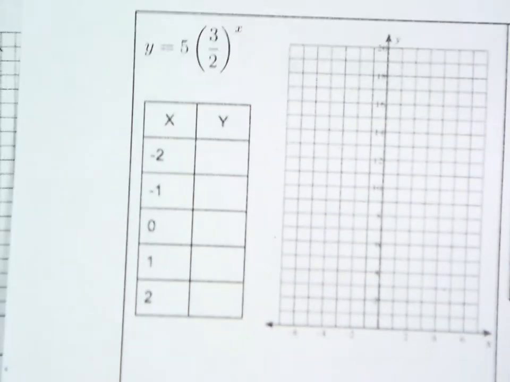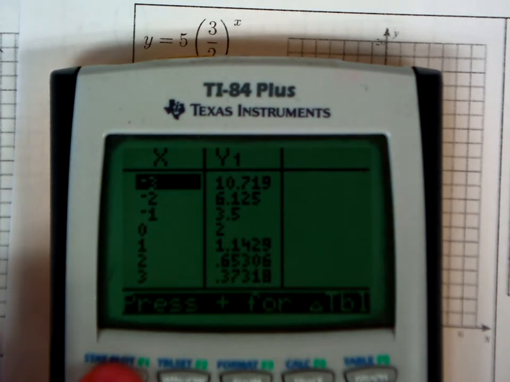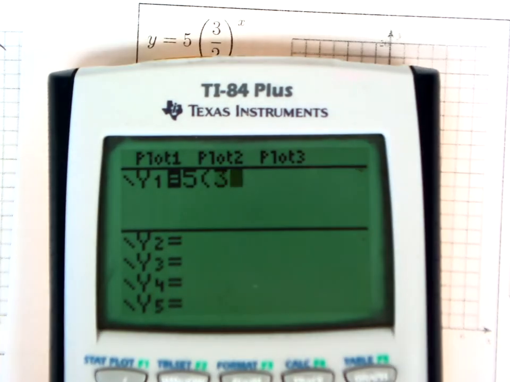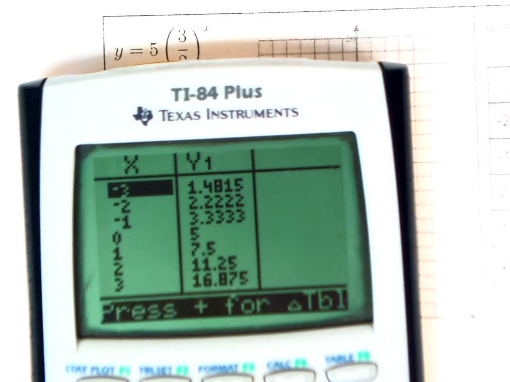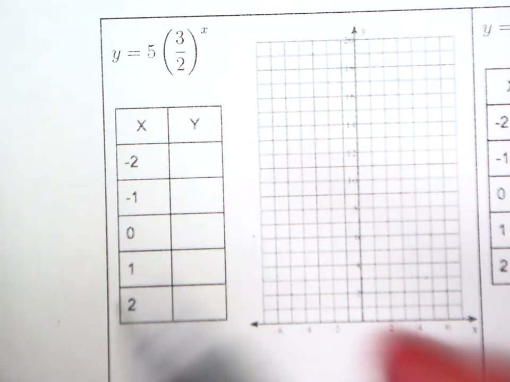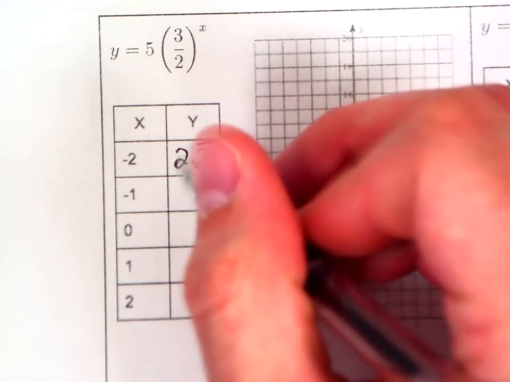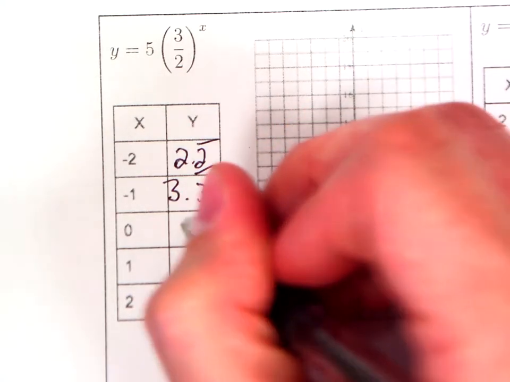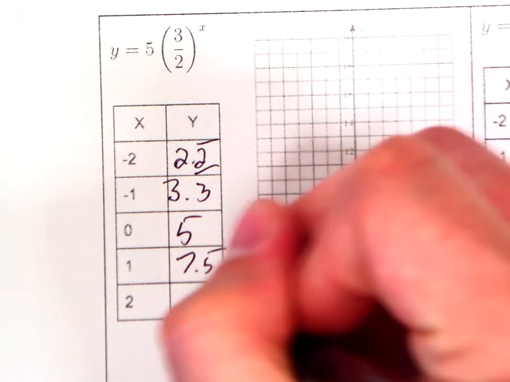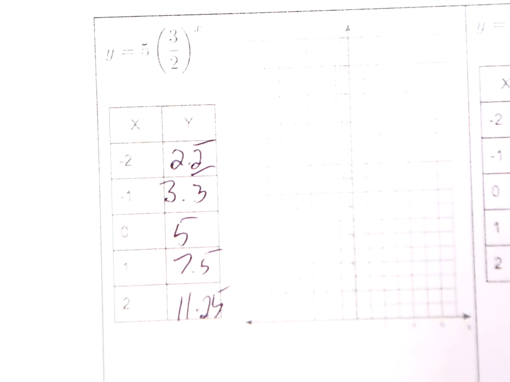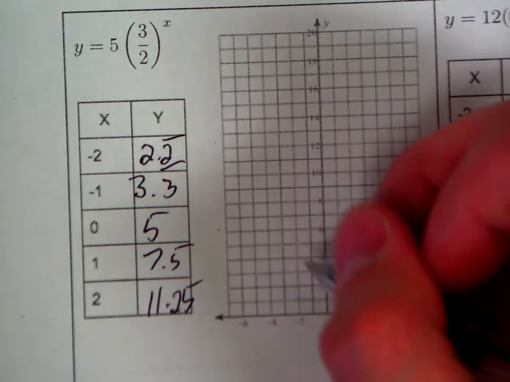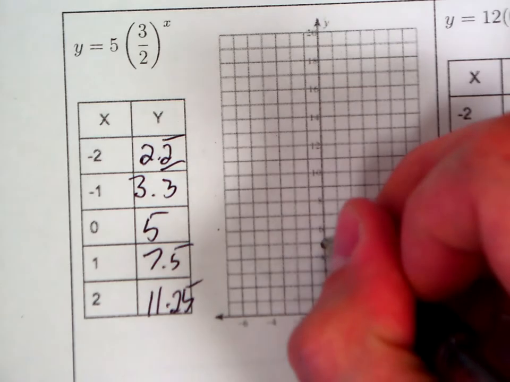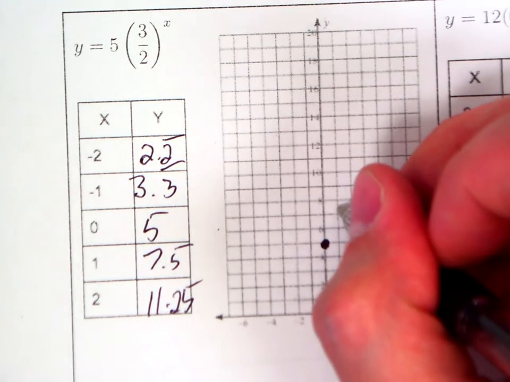Last couple problems. 5 to the 3 halves raised to the power of x. Go to the table. There's my values. 2.2 repeating, 3.3 repeating, 5, 7.5, and 11.25. This is where we'll find out pretty quick if people are just sketching their best guess at the graphs. Because if you plot this one correctly, you'll notice as you go to the right, it doesn't increase quite as